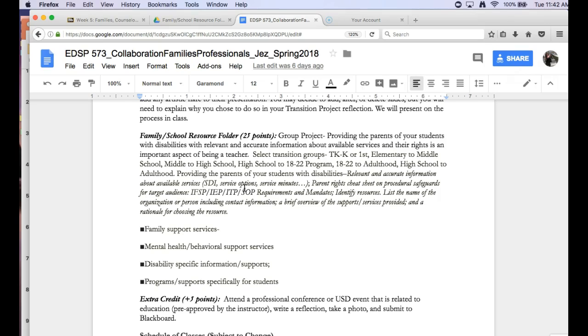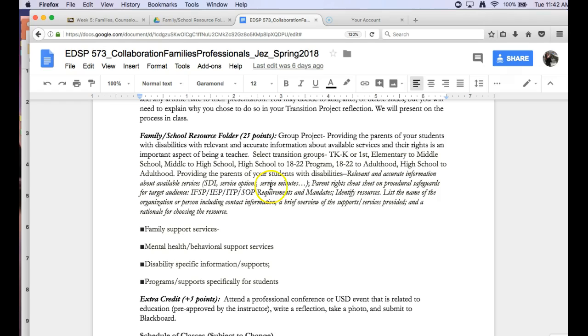Whereas when you're in the 18 to 22-year-old program, or you're in high school, your specific learning, your speech and language support might be around advocating for yourself or speaking up and participating in group discussions. And so it changes depending on whatever the level is.